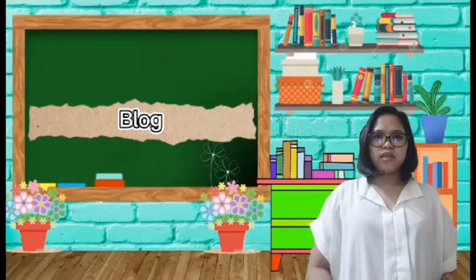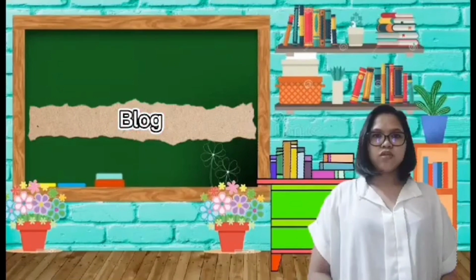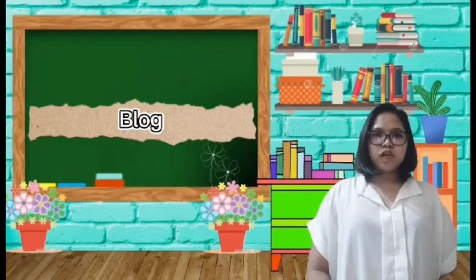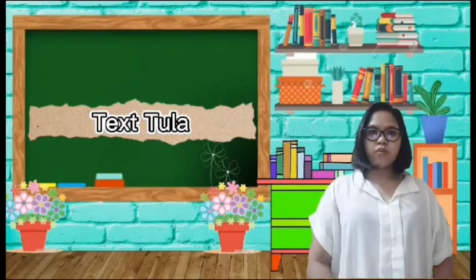A blog or weblog is a website created to contain user-made articles or posts that are updated regularly. This is a good medium for writers to share their opinions and experiences with a bigger audience, and at the same time, it is a good channel to read other ideas as well. Textula is a poem produced and shared through the use of a mobile phone's messaging application.